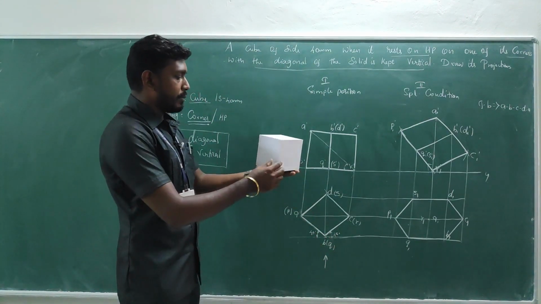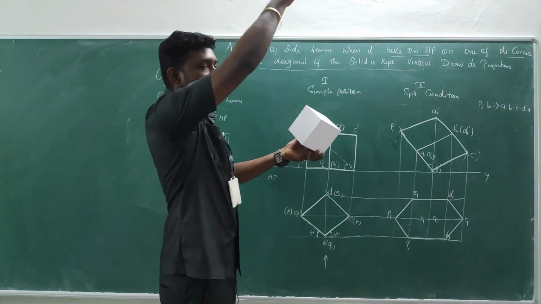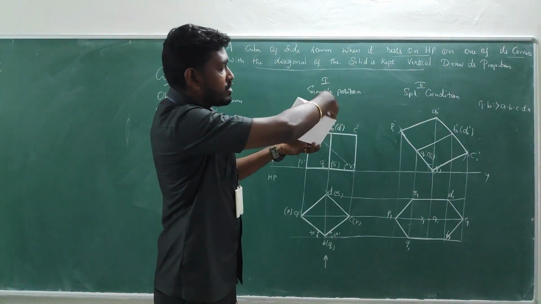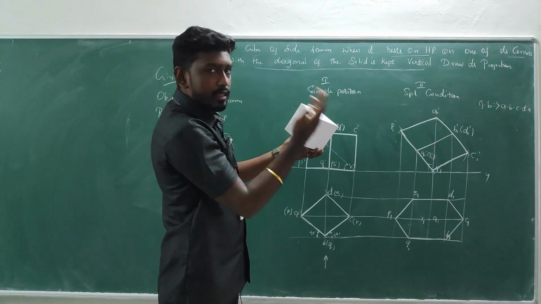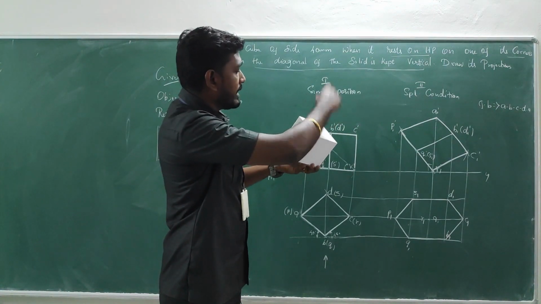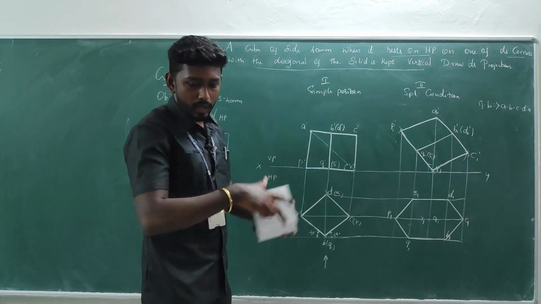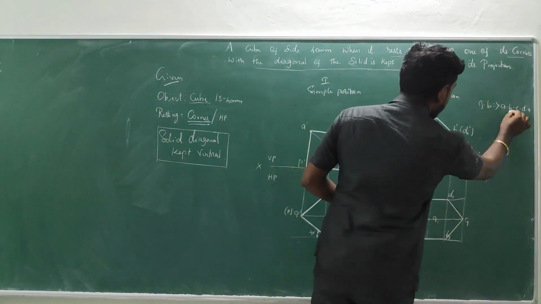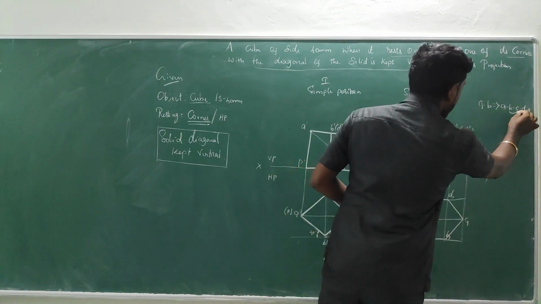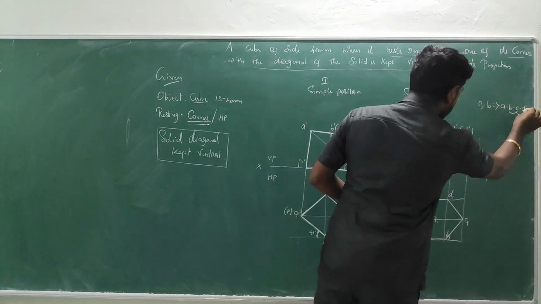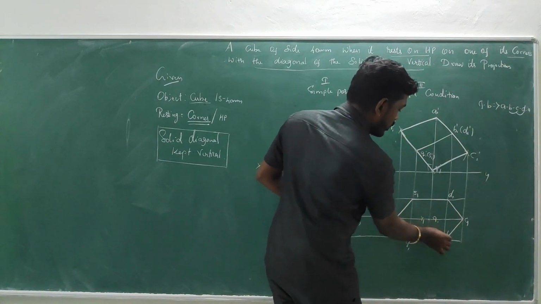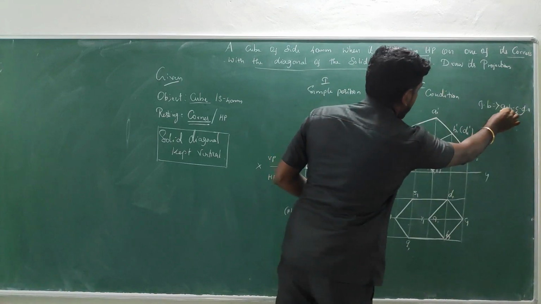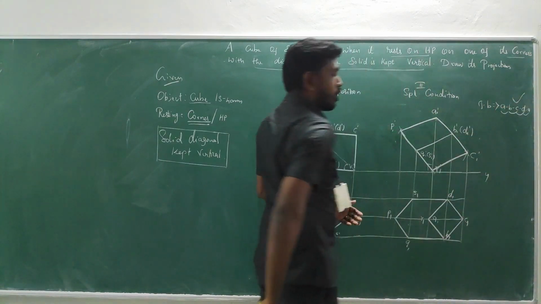Am I right? When you are keeping the object like this and observing from the top, definitely the top base will be visible. The top base will be visible. So A to B there should be a dark line and A to D there should be a dark line. Already C to D is done, and D to A and A to B are the dark lines you predicted, so make them dark. So we have completed the top base.